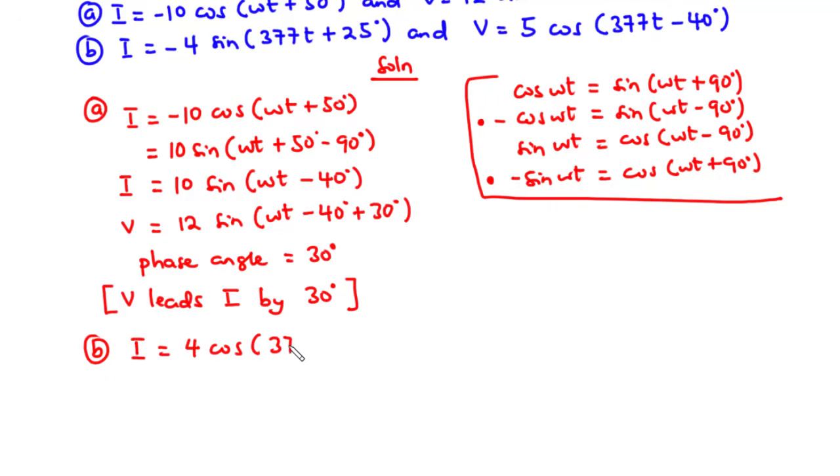We have 377t plus 25. And then we are going to add 90 to it, so plus 90 degrees. That is 25 degrees plus 90 degrees is 115 degrees. So we have I to be 4 cos 377t plus 115 degrees. And then we have V to be 5 cos